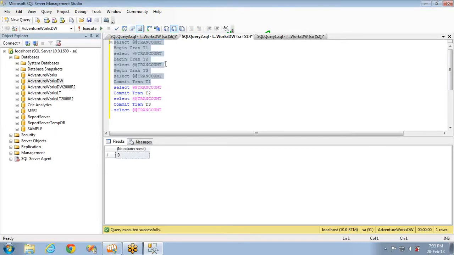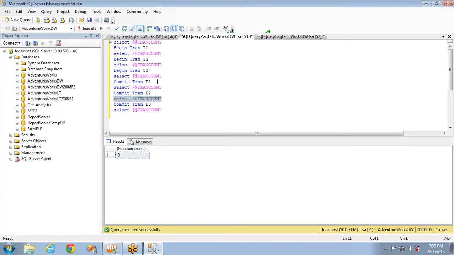If you see, this one should not be active. Committing the T1 means it should be committed up to here. That means all the inner jobs should be completed. What will happen if I commit this one now? If I execute the query in this fashion, what will be the output of this particular select statement and this particular select statement? Can you go for a guess or just try what will happen?